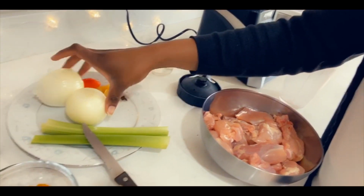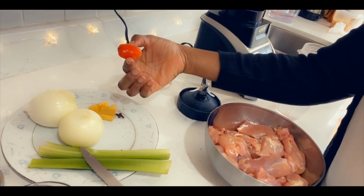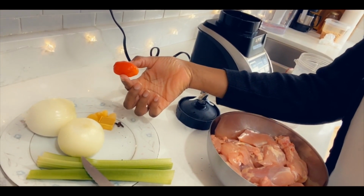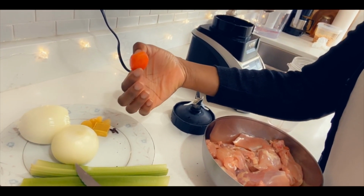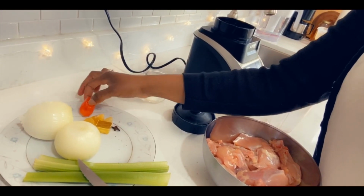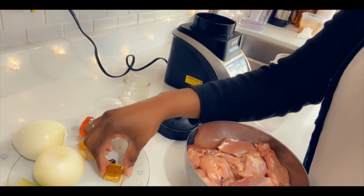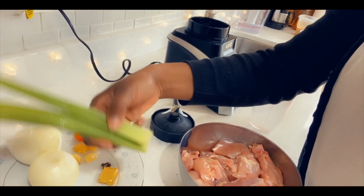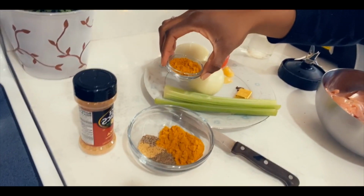We're gonna need 3 medium onions, some Scotch bonnet pepper. I'm not gonna put the whole thing because I have kids at home that eat the food too. So I'm probably gonna put just half, and it might still be a lot. So maybe less. 4 cloves of cube seasoning, 2 sticks of celery, and we're gonna need about 3 tablespoons of